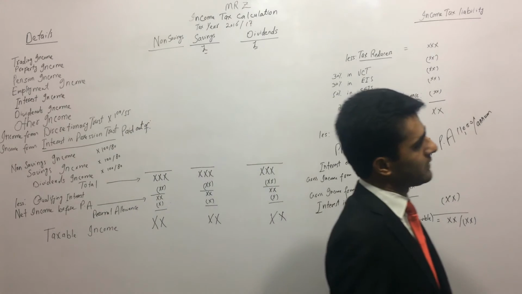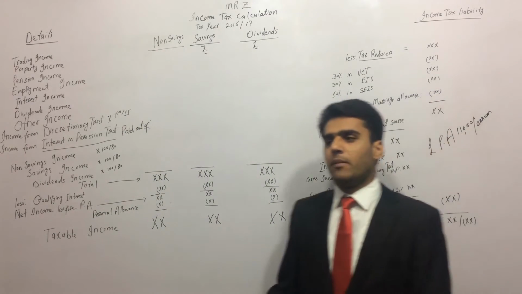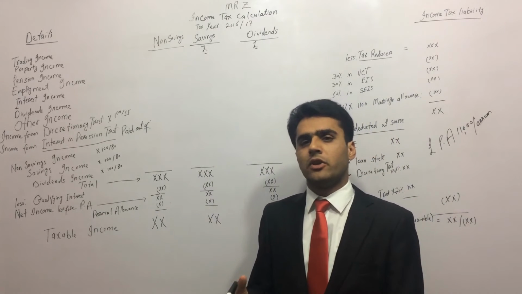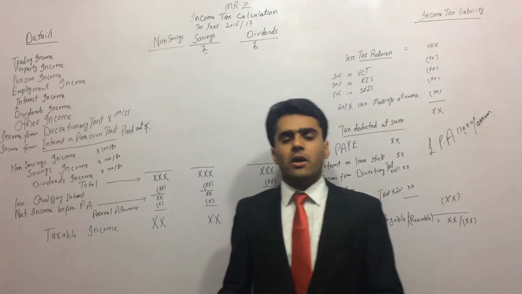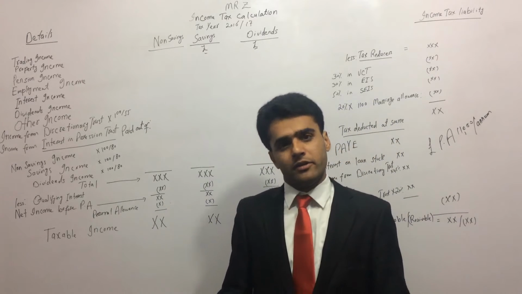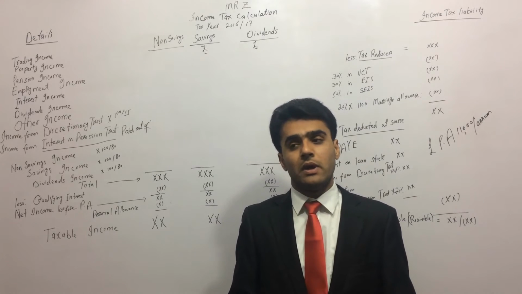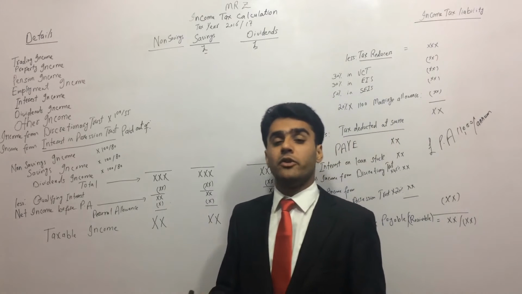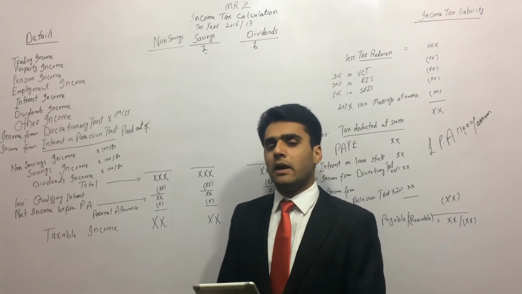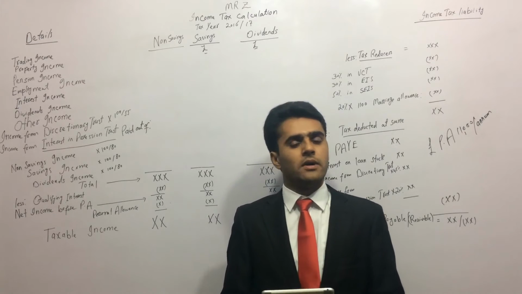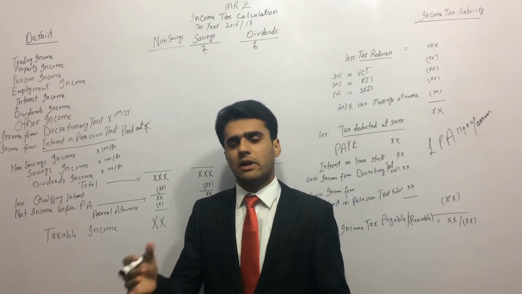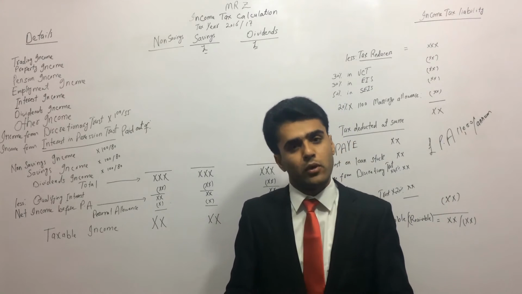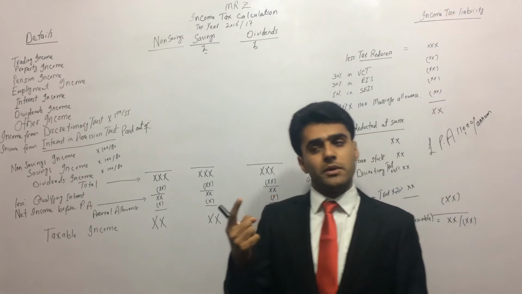I will have to pay tax on that. Income tax means if I am earning some income, I will have to pay tax on that, because it is income tax which I pay on my income. Now, if I am a rich person and I am clever as well, I will have many sources of income. If I work for ACCOuntancytube, I have one source of income which is called employment income, because I have a contract with my employer and they pay me salary every month. So on that salary, I will have to pay tax because it is my source of income. I am earning something from my employer. One source of income is employment income.